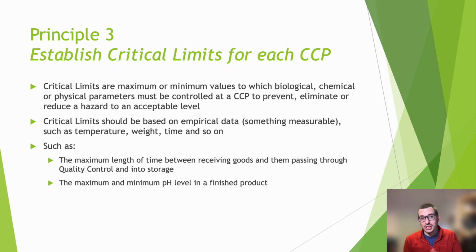Principle 3 is to establish critical limits for each critical control point. So these are maximum or minimum values to which a biological, chemical or physical parameter must be controlled at a critical control point in order to prevent, eliminate or reduce a hazard to an acceptable level. So ideally these will always be based on empirical data, something which is measurable, such as temperature, weight, time and